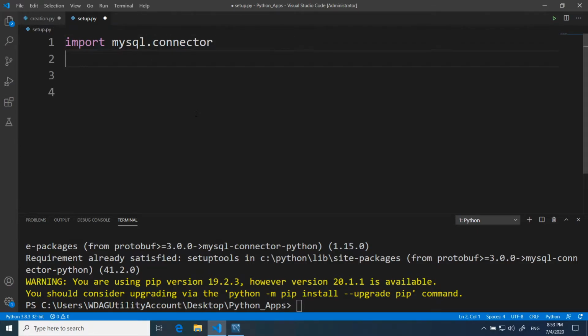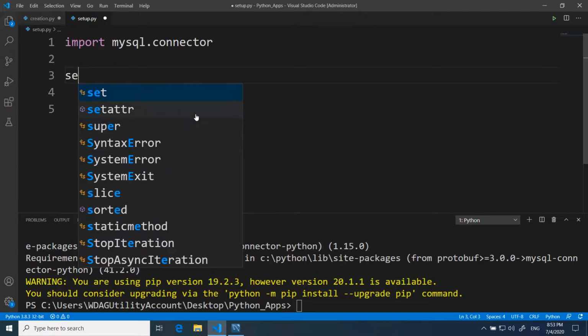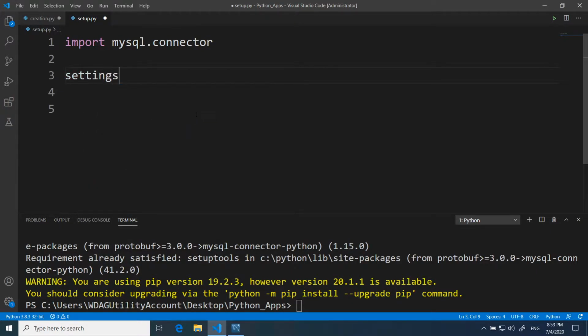import mysql.connector. And now, for example, we're gonna call settings. Don't forget, in my case I'm gonna use a dictionary, but you can use whatever you want. So we're gonna put the user, and this user and this password have to be exactly the same as you put when you were installing MySQL. In my previous video, you can follow step by step how you can